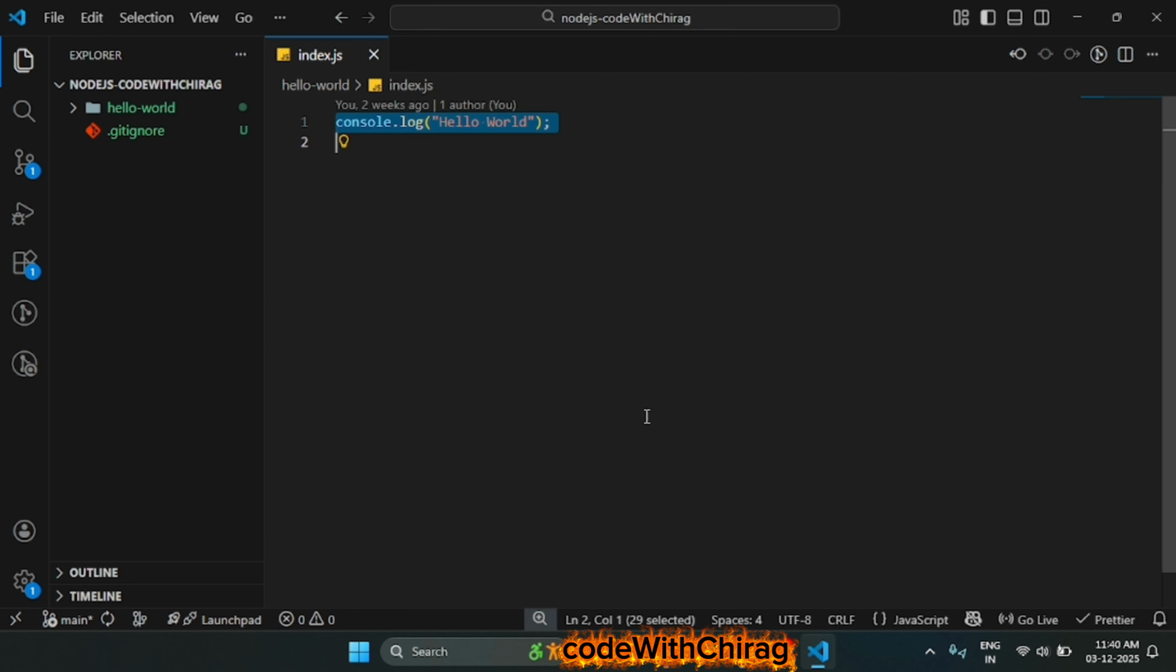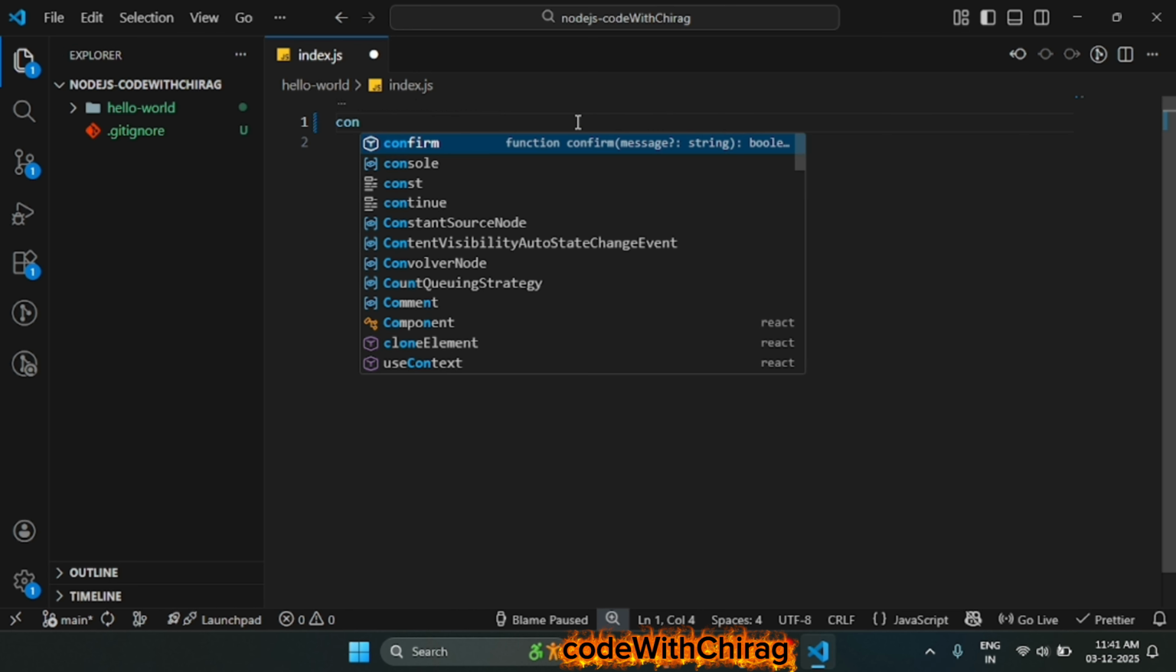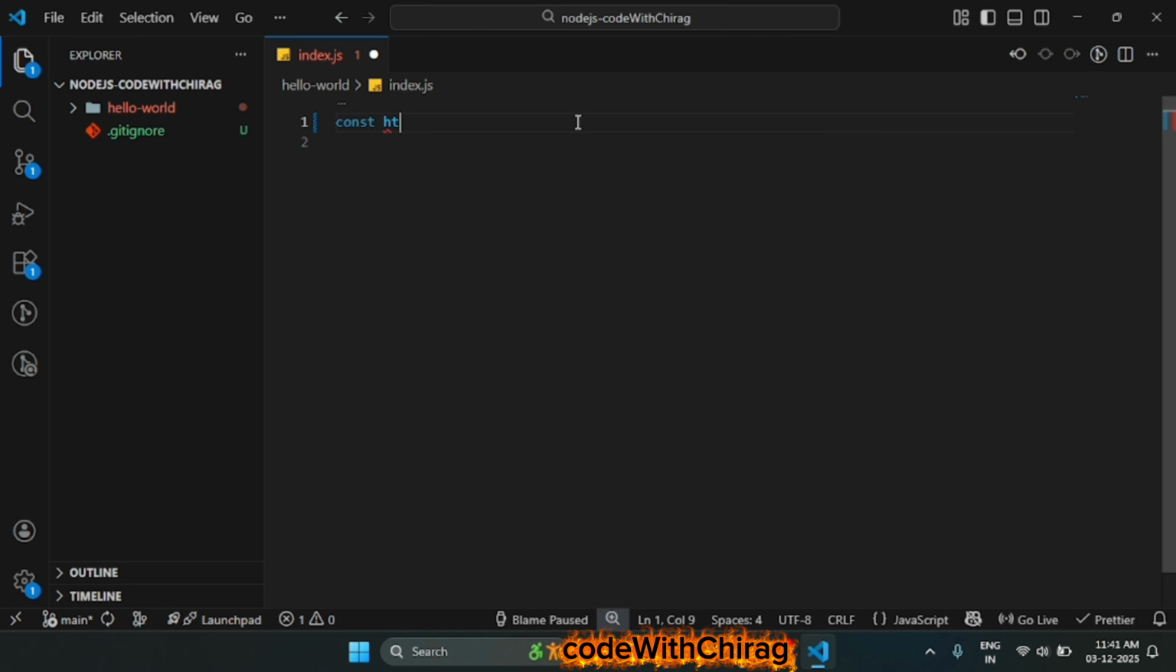So in this video, we are discussing how we can create a server in Node.js. This is our very first program, where we are printing hello world using console.log. Okay, let me remove this. In this video, we are using the HTTP inbuilt module. We are not using any third-party module or framework. In an upcoming video, we will use the Express framework to create a server and use many of its functionalities. Okay, so here I'm simply importing the HTTP,